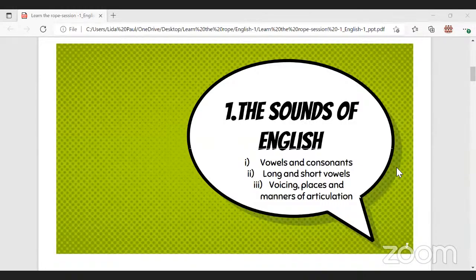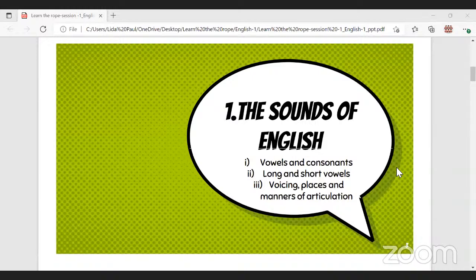Okay, coming back. We'll be looking at the vowel sounds and the consonant sounds a bit in detail. If you have questions at this point, any doubts and concerns regarding this, you can ask. The second thing that we'll be dealing with is the long and the short vowels. Third would be the features of sounds, and particularly voicing. Voicing is a